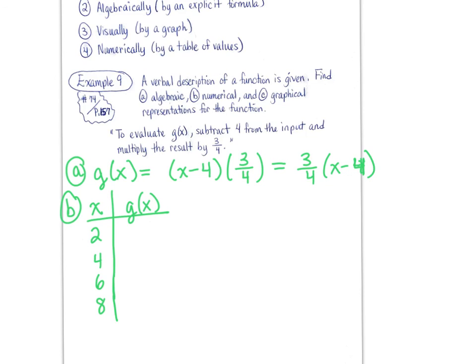And so we'll substitute in 2 for x here. When you substitute in 2, you get 3/4 times 2 minus 4. 2 minus 4 is what? -2. Negative 2 times 3/4 gives us